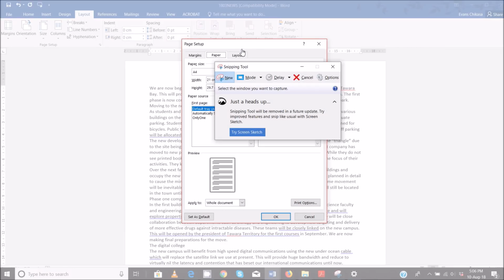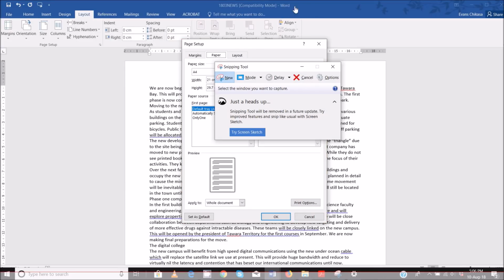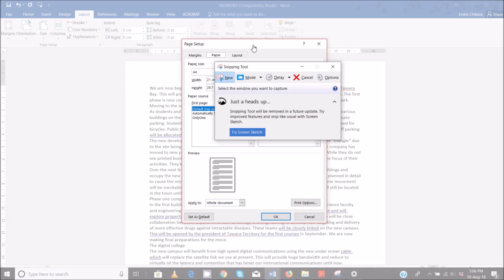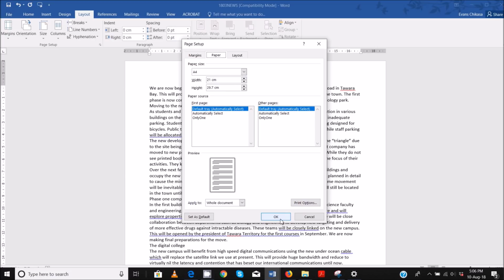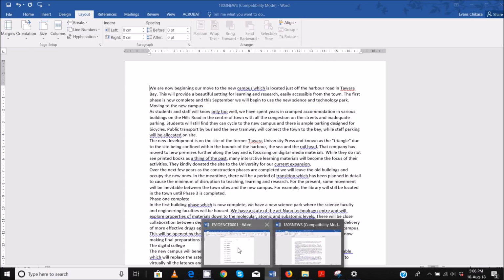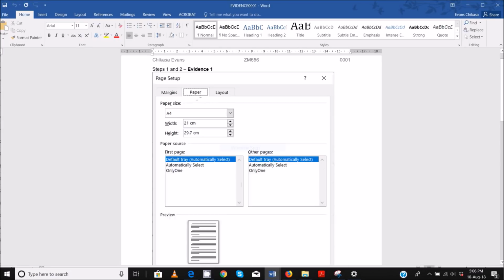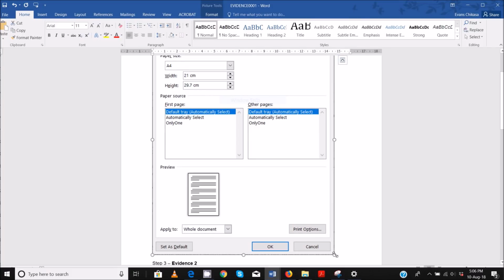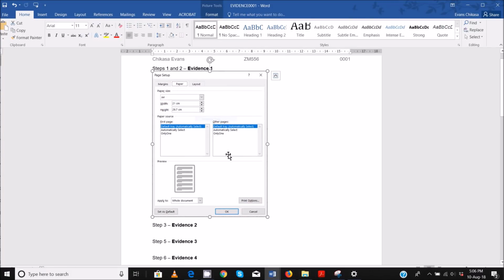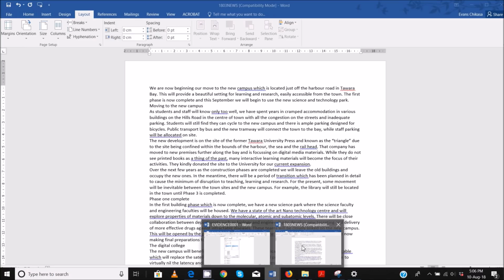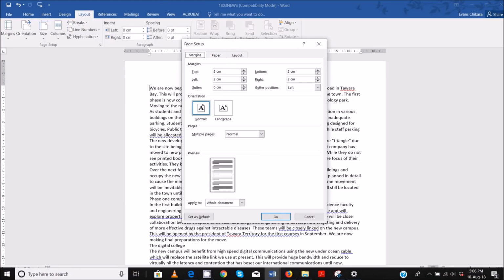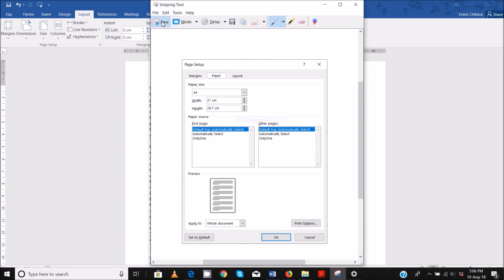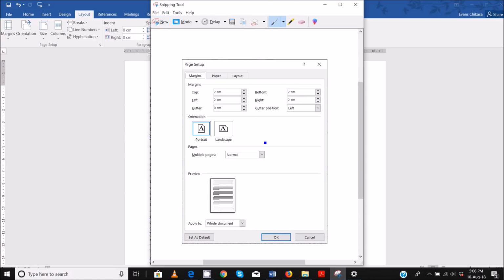That's the one, the background. You just hover around the window you want to get. Okay, I want this one. I'll copy it, minimize, and say okay. Go here, and this is the page size. I'm going to resize it maybe, and yeah. Next, I'll get the margins. So go back here and get the margins. Again, I'll use the snipping tool, a new one. I want this one, copy,